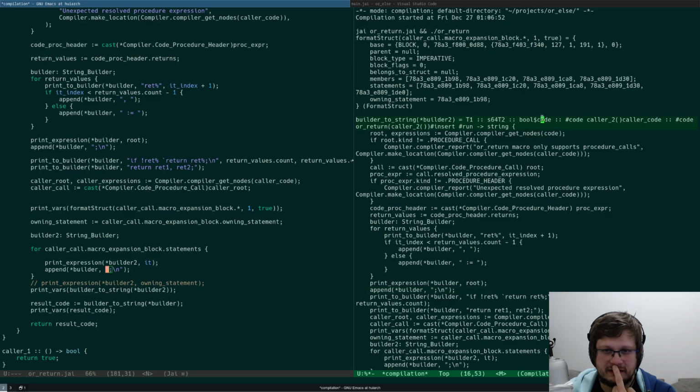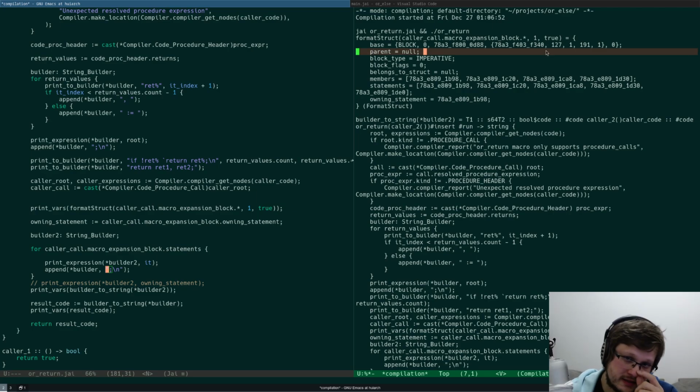I see. So what else can I poke into? I don't have a parent defined. So I guess this means that I have to go to the outer metaprogram, and I have to probably modify this code somehow so it's all magic.